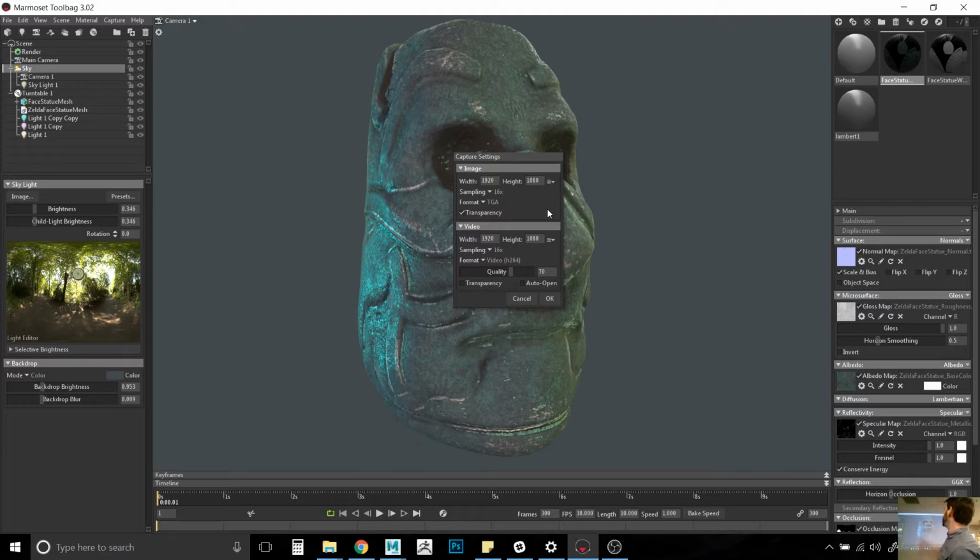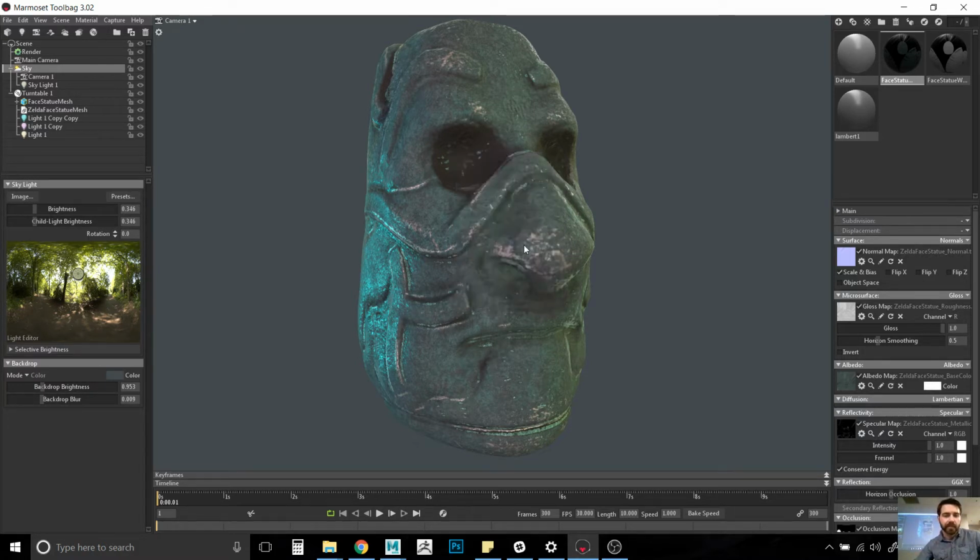For a video, it'll ask you if you want to save out a video file as well, with transparency or not. You can save out an H.264 video if you're doing a turntable, or you can set it out as a Targa or PNG sequence that you can then bring into something like After Effects. So once you do that, hit OK. I can go to capture image or capture video. If I go to capture image or hit F11